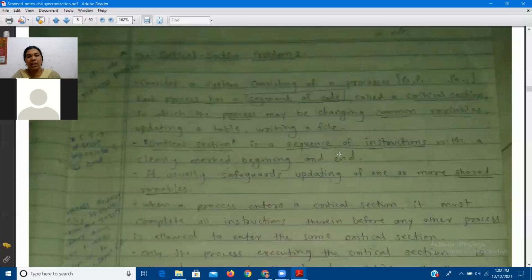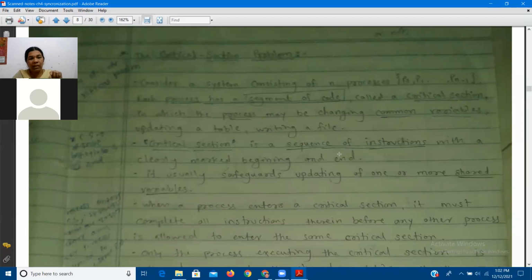One is called a producer, another is called a consumer, and they were utilizing the common variable, that is the counter. So if such common variables or common resources are there, how are these resources utilized? To do operations on such resources, the operating system allows a process to use the critical section. So it is a segment of code called a critical section, in which the process may be changing common variables.